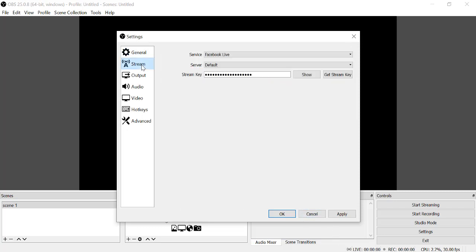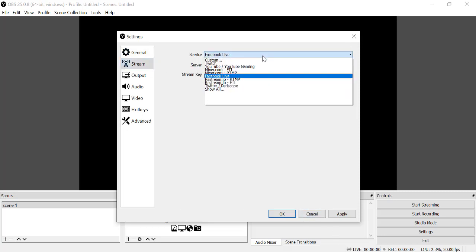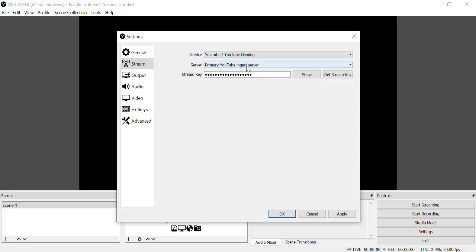So I'll go to the stream. Stream is the best option actually. On the streaming, you can go online or go for streaming through this OBS software. What is the basic reason behind this? How can you go live streaming? For example, YouTube also has a server key. You can put it here. By default it's here, and there is also a stream key.